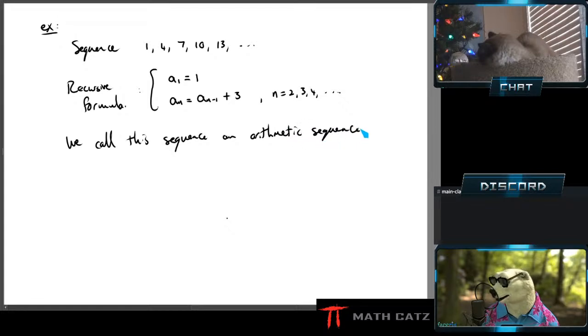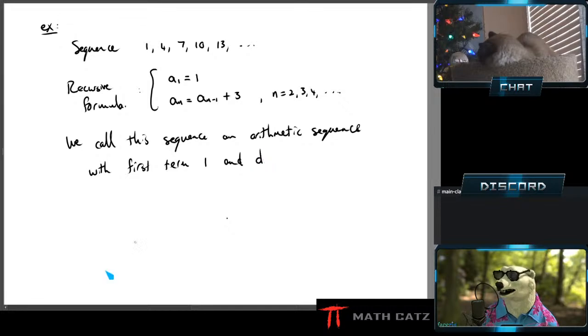Now, in my sort of naming of the sequence, I have to specify the two key aspects that define this sequence, which is the first term. So with first term 1,